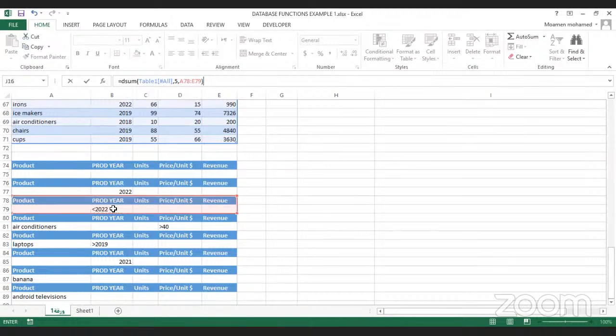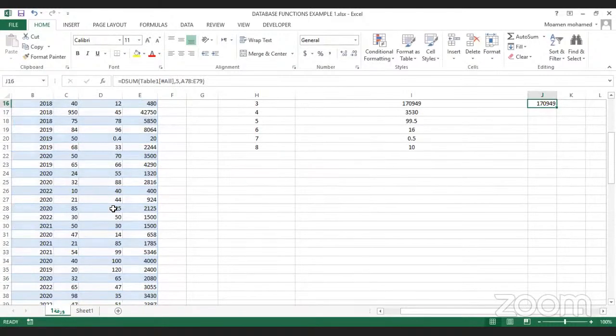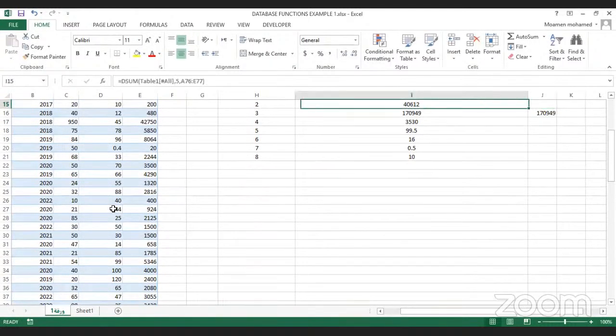And you just make a closing bracket for the function and hit enter, and you will get this number, which is 100 and